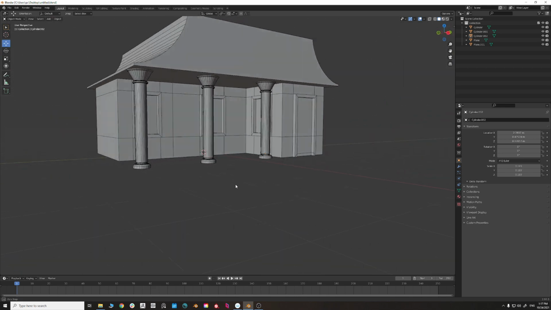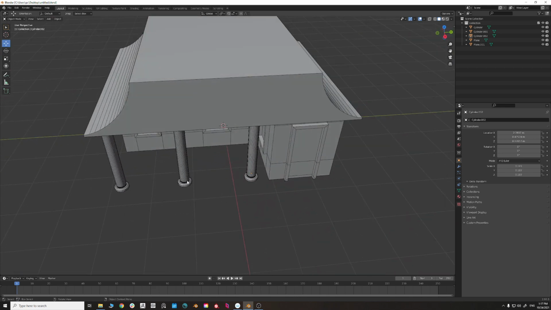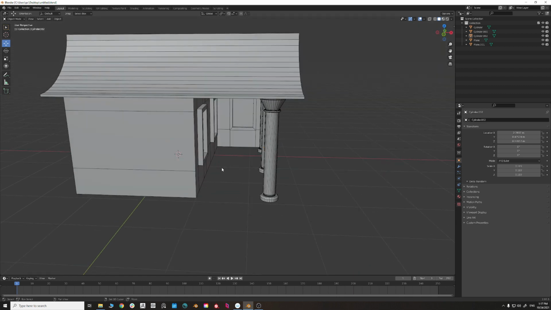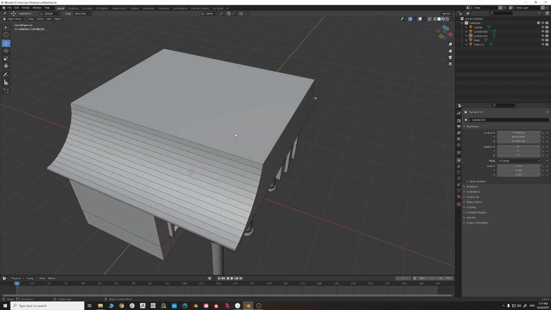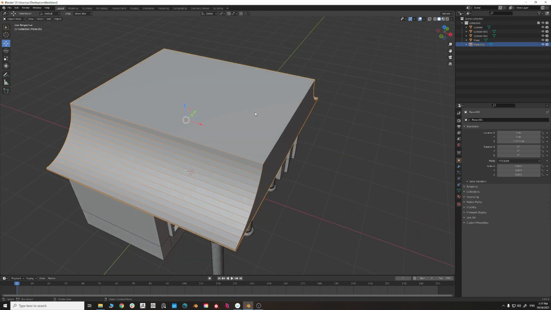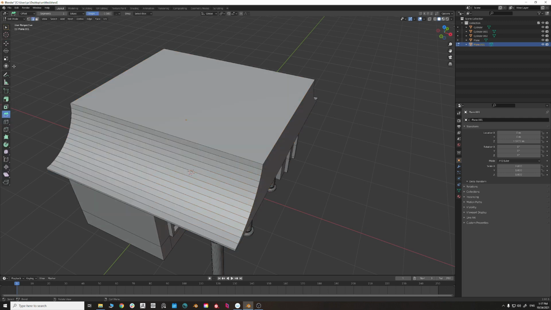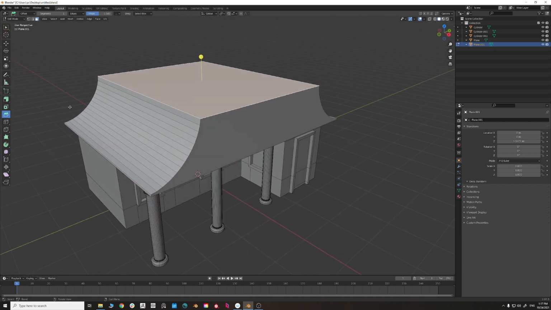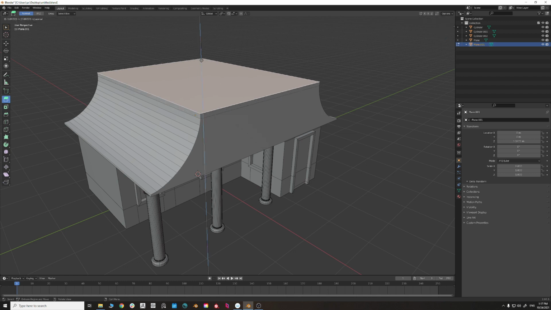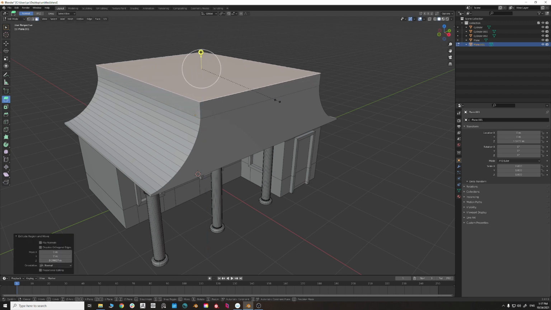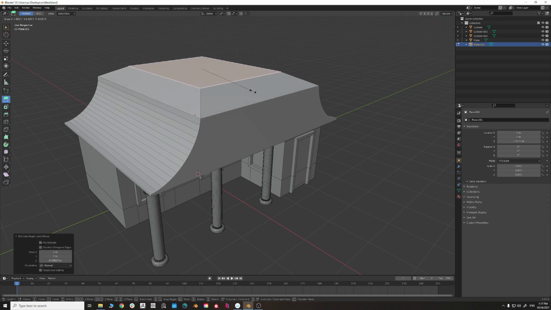And now all that's left is to have something underneath, which can give us a ground plane and maybe finish off the roof, which I'm going to select right now. I'm going to press Tab to go into edit mode, and I'm going to select the topmost face, this one. And what we're going to do is extrude it a bit, scale it a bit inwards,